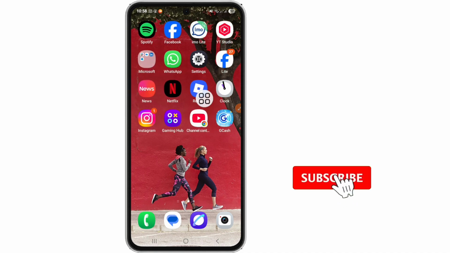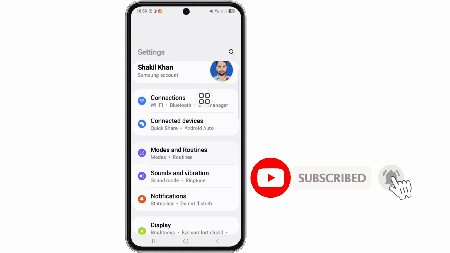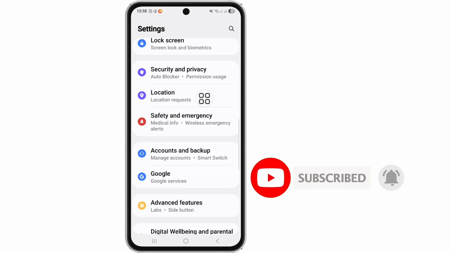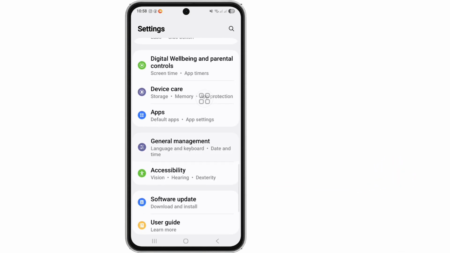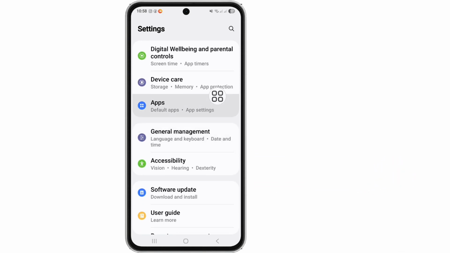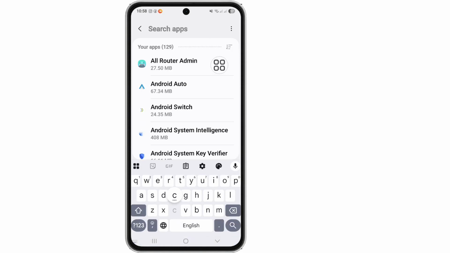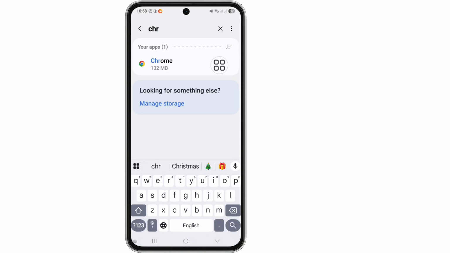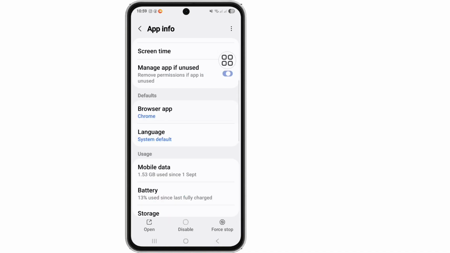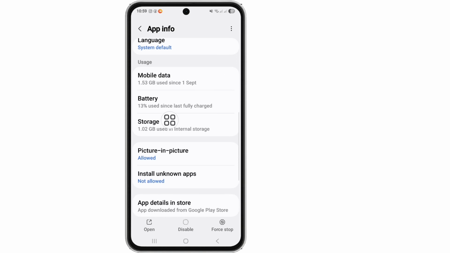go to your phone settings and scroll down. Now click on the apps icon and now search here Google Chrome and click on the Google Chrome app and scroll down. Now click on the storage option and now click on the clear cache. Okay, back